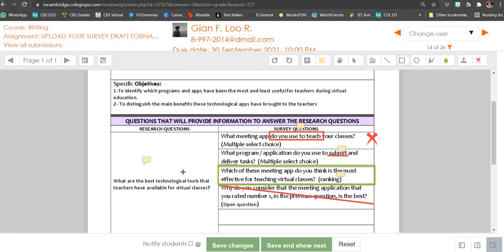If you ask a few teachers about different tools that they use, probably it can give you some ideas about